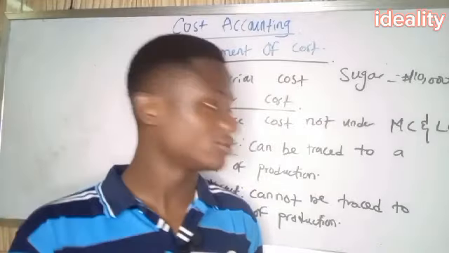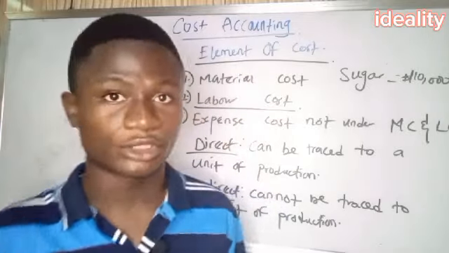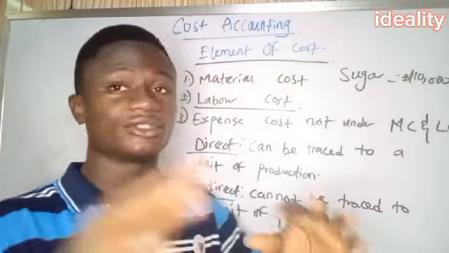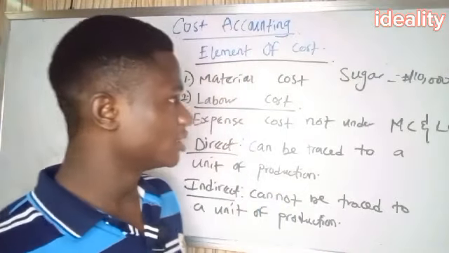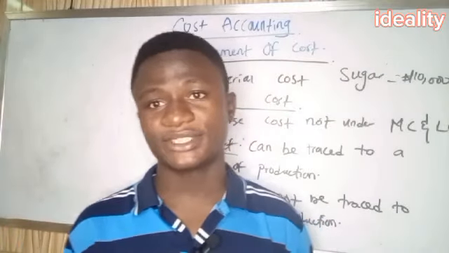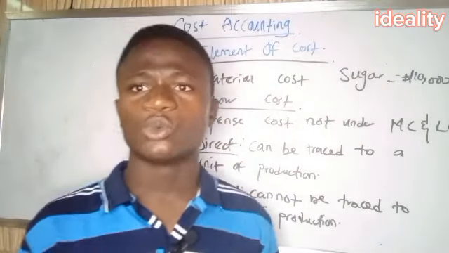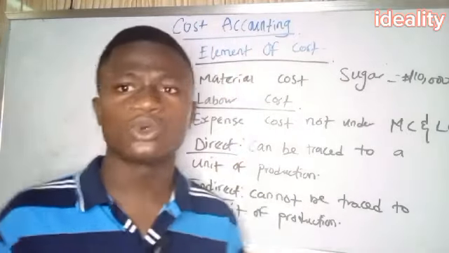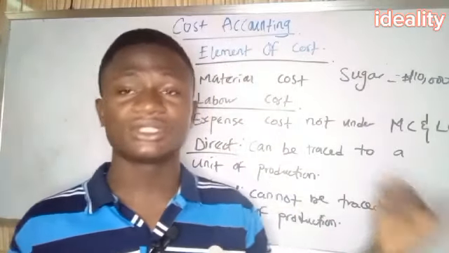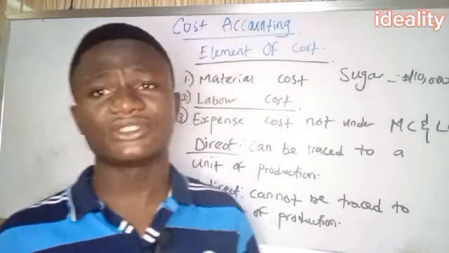Another good example of indirect cost is electricity. I need electricity to produce, just like I need a supply of light and everything to shoot this video. But I also need electricity in my room, whether to watch TV or for other things. If I now ask the cost of this electricity, will I charge it on this video alone? No, I will not charge it on this video alone. I will charge it on my living room too. Maybe I use it for a heater, I will charge it there. I use it for various things.